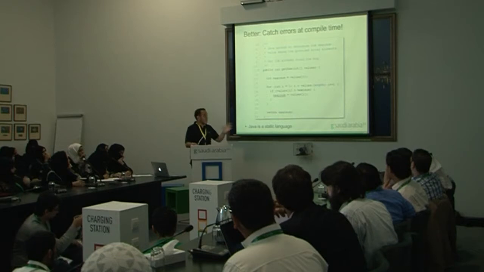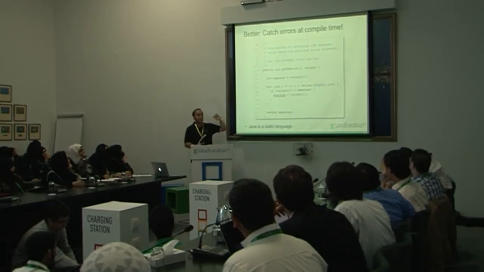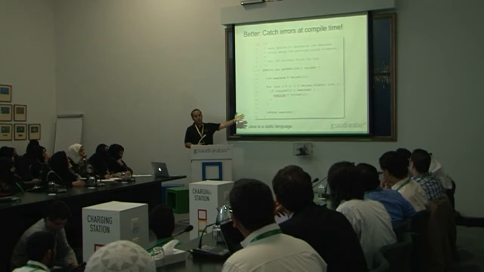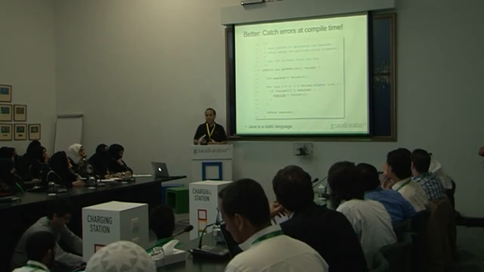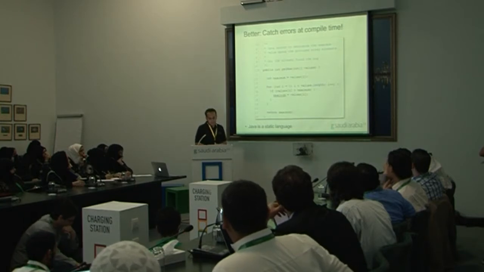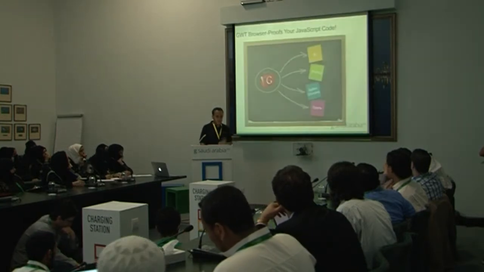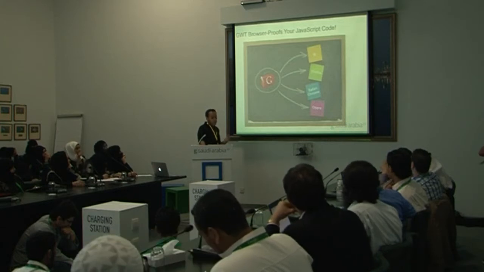So if this is the same code in Java, and if you're using any modern IDE like Eclipse or IntelliJ, you would know right away that there was a problem. And because it's a static language, it compiles ahead of time, and you can't launch it if there's a problem. So that's one of the big reasons why Java is nicer than JavaScript, in my opinion, and in the opinion